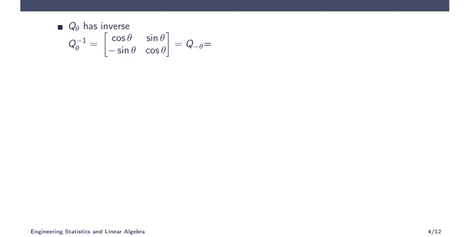It is given as Q minus theta. Why? Because cos of minus theta is cos theta itself, sin of minus theta is minus sin theta. So if you consider this one, minus sin of minus theta will be plus sin theta, plus sin of minus theta will be minus sin theta, and cos of minus theta is cos theta. So this is actually the matrix for minus theta, which is rotation in the reverse direction. Instead of rotating by theta anti-clockwise, if you rotate in the other direction, you have to use the inverse matrix.